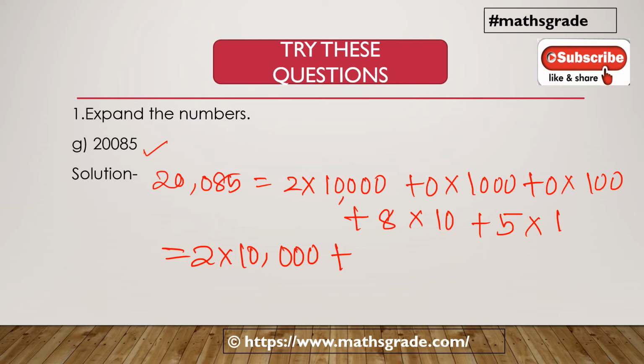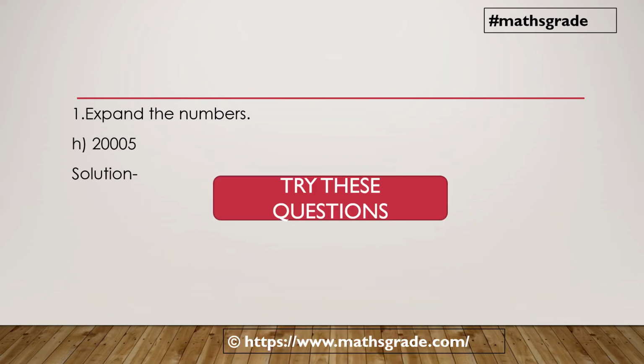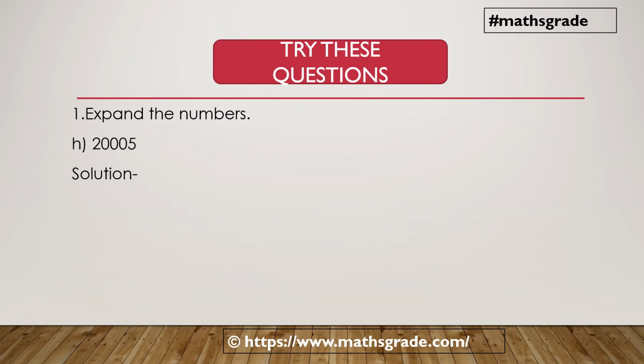Multiply 2 with 10,000, then multiply 8 with 10, multiply 5 with 1. Now part H, 20,005. This is the number we have to expand, and this is a 5 digit number and